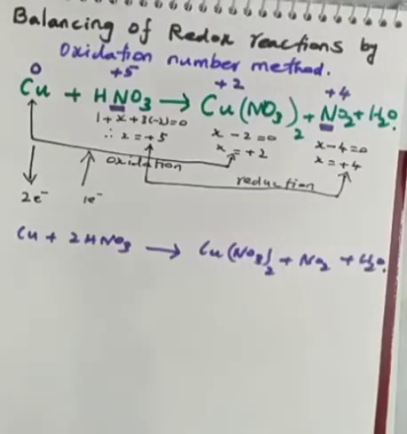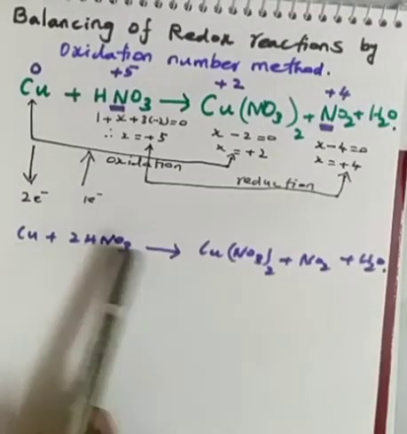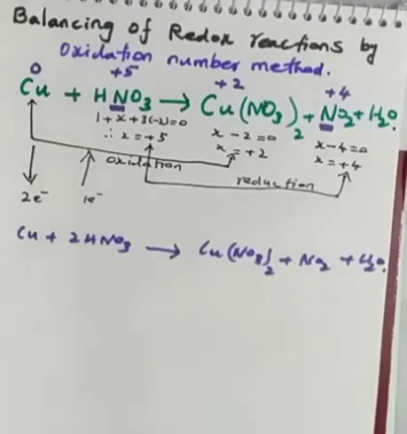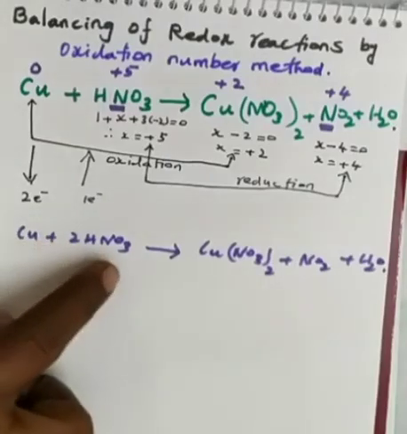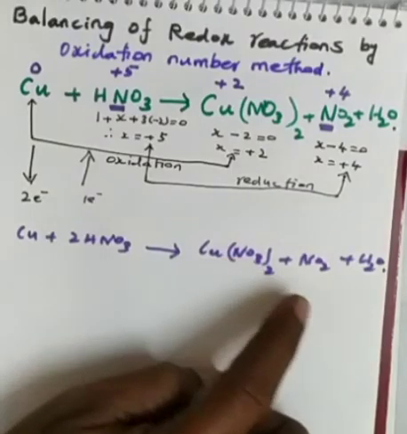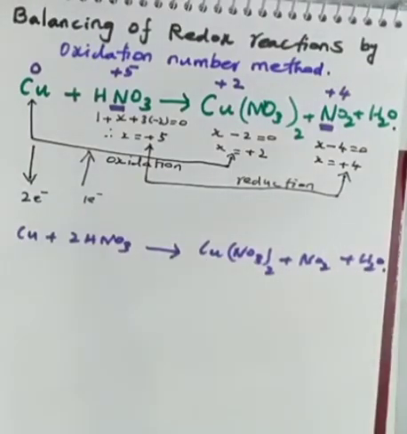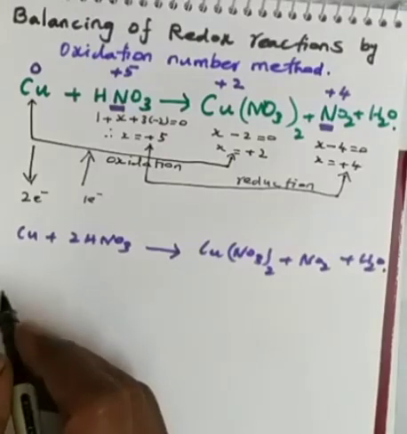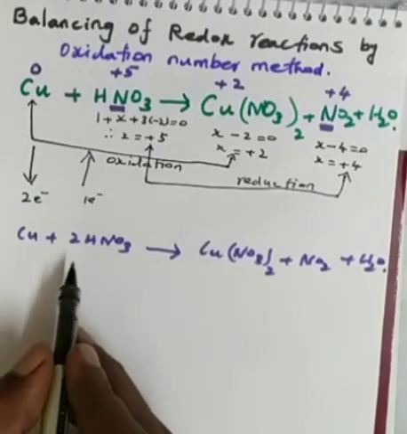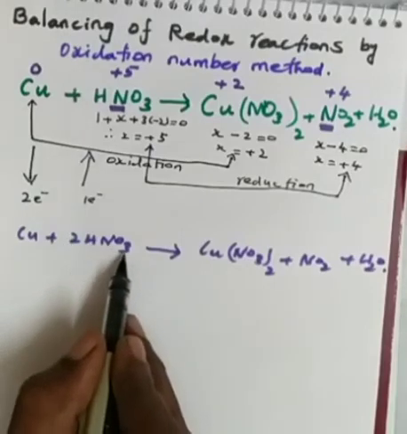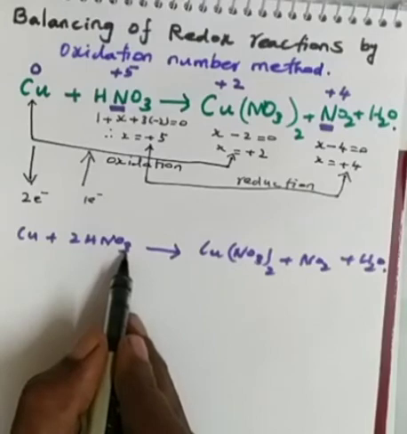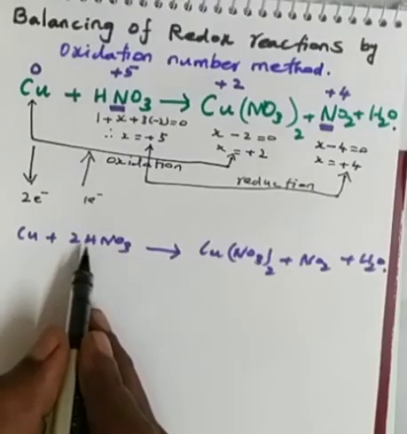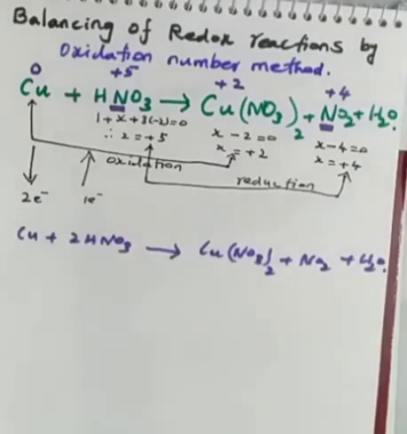Listen carefully, students. Everything is right: 1 copper, and nitrogen 2, but the right hand side has 3 nitrogen. And oxygen here is 6, and this side 2 into 3 is 6, 6 plus 2 is 8, 8 plus 1 is 9. So now I have to balance both sides. So I am going to balance the oxygen in the left hand side. How am I going to balance? If I put 3 into 3, 9, but hydrogen will become 3. I cannot bring 3 hydrogen in the right hand side. So what am I going to do?